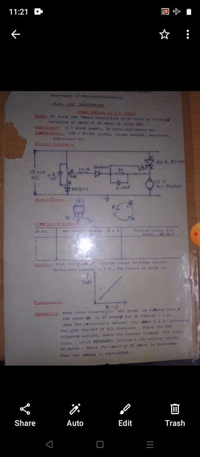Then apparatus, which means the apparatus used in this experiment: a 10 volt power supply, DC motor, multimeter, etc. Then components, which components are used? SCR SN100, diodes, then volume control, resistors, capacitors, etc. Then the circuit diagram description. Firstly,